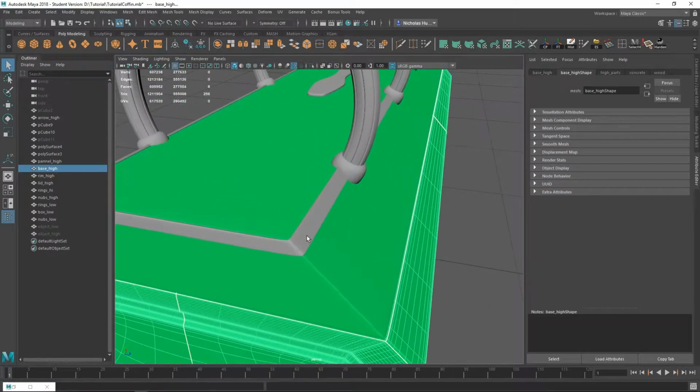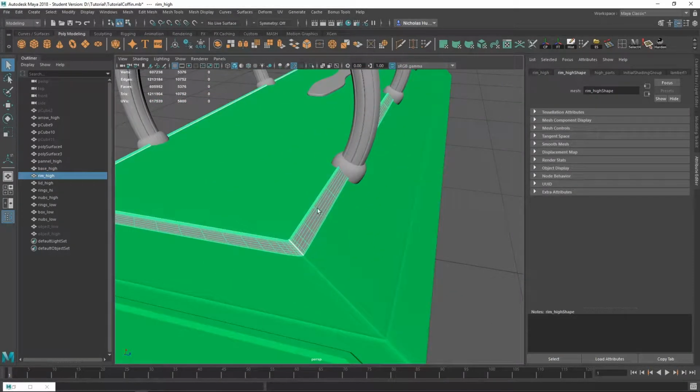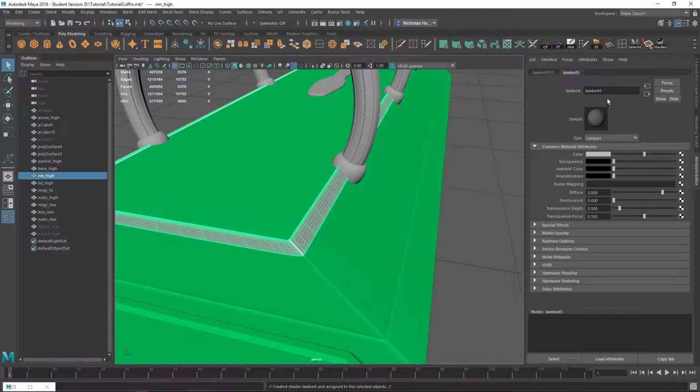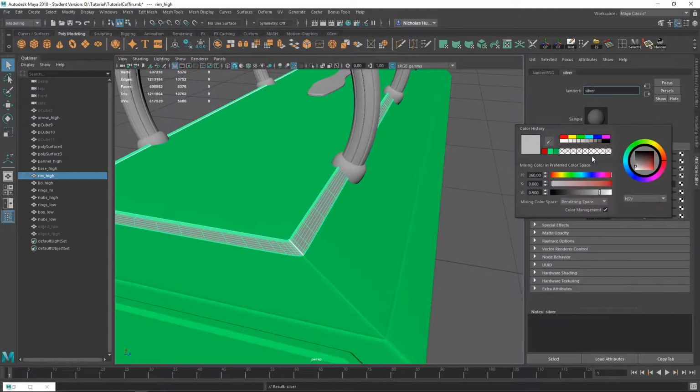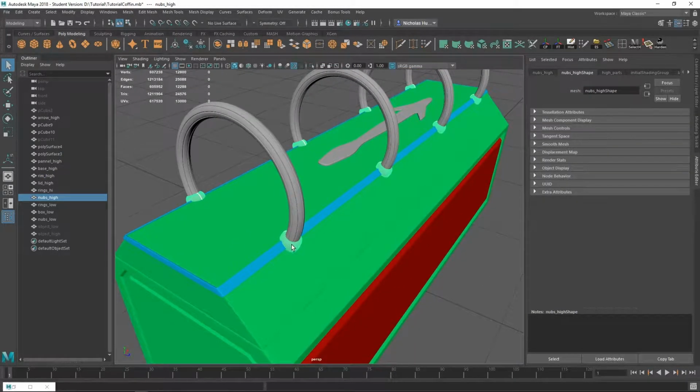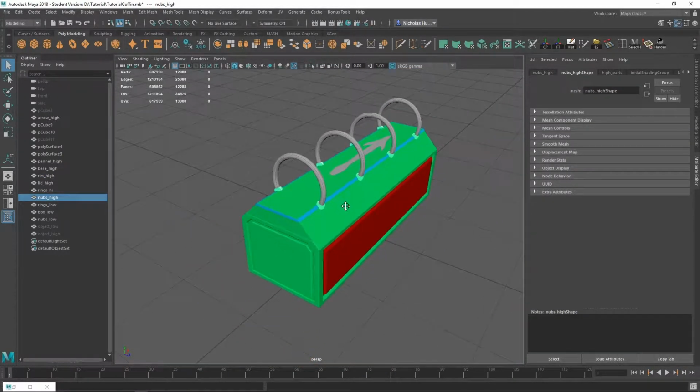So for this, let's just call it silver. Favorite material, Lambert. Give it any color you want. Now these have already been grouped together. You should know how to group things together by now, but if you don't,